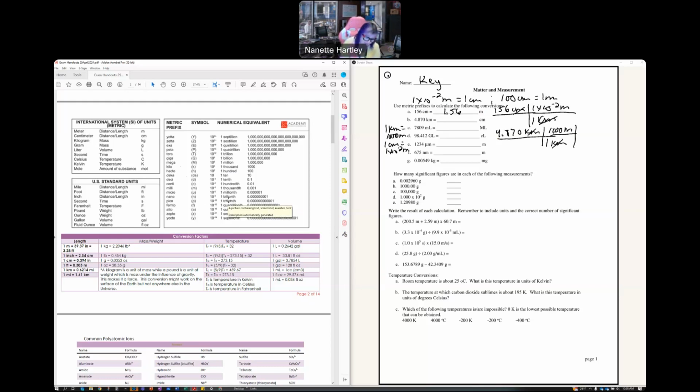And then I have 1 times 10 to the minus 2 meters is 1 centimeter. And so the meters will cancel, and that will leave me with an answer that's going to be in centimeters. So 4.870 times 1,000 divided by 1 second EE minus 2. And that gives me 487,000